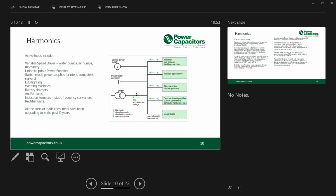So this is basically the setup. This is your loads. So you've got lots of different loads. You've got linear loads, computers, some lamps, variable speed drives, and you've got your rectifier arc furnace. Harmonic generating, not harmonic generating, but these all add up into this bus level here. This gets put onto the transformer, and this is transformed up onto the grid. This is why the grid suppliers, the network operators are getting very, very tetchy about it, because, if you can go to the next slide,